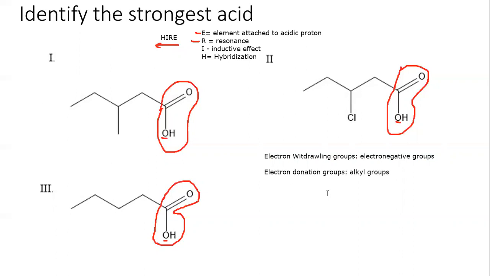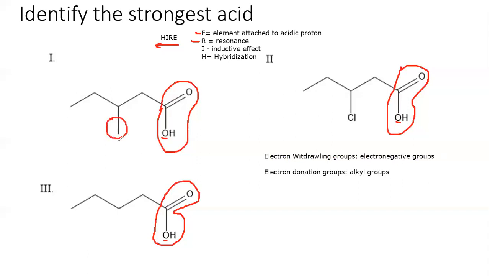Electron donating groups do the opposite. They pump electron density back into the reaction center, making it harder for the hydrogen to leave, making it a weaker acid. So again, the key principle is the easier it is to pop off that acidic proton, the stronger the acid is. And so now if we look at the inductive effect, we see here that in number 1,